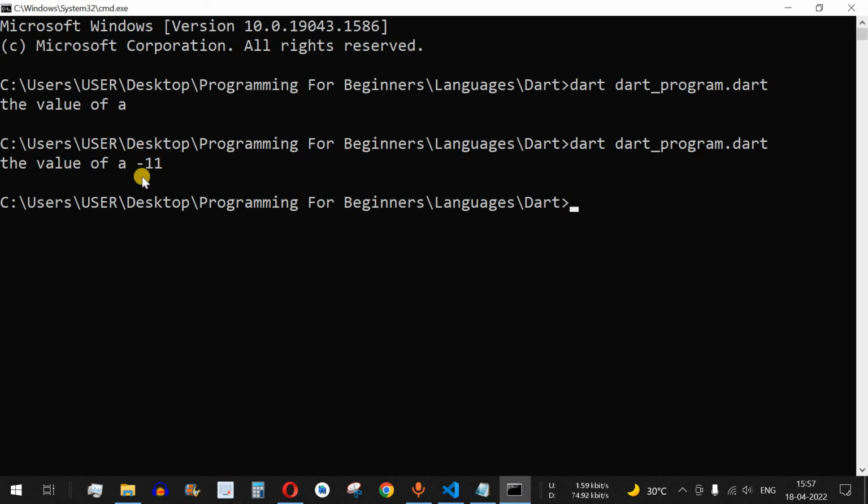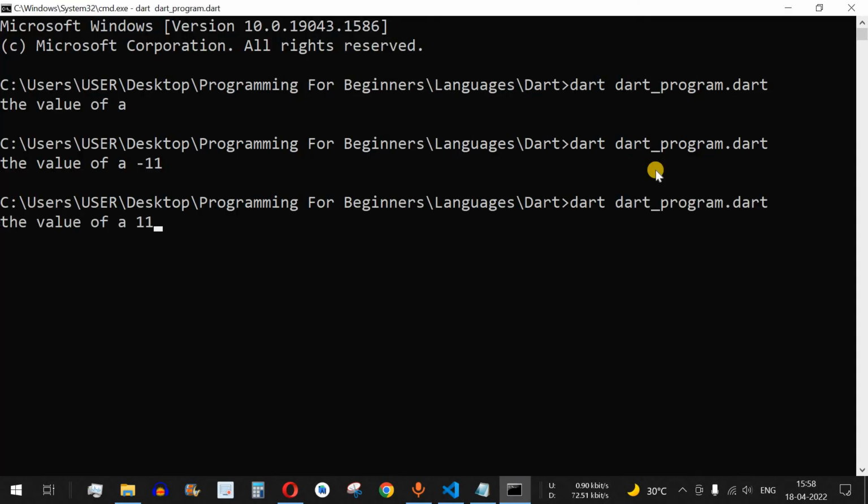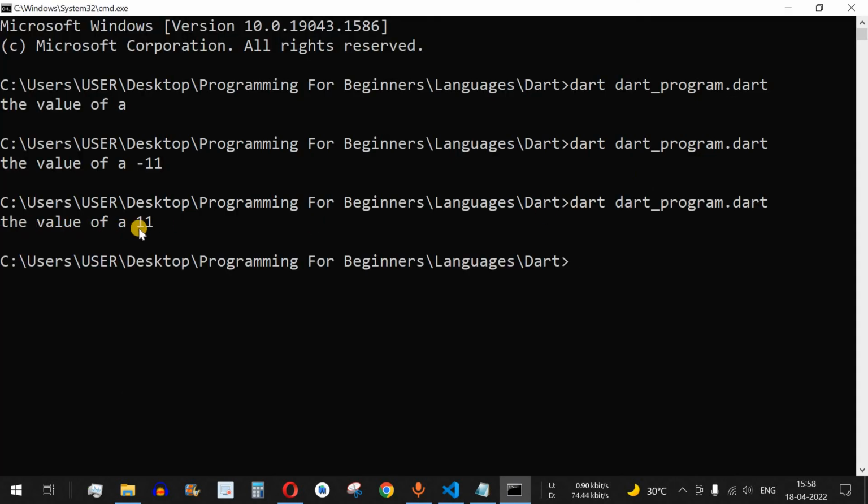So guys, in case you have negative numbers in any of the variables and you want to make it a positive number, you can use the absolute method. Let us check how you can use it. Inside the curly braces, you can use this a followed by dot abs and then open and close brackets. This is the way that you can use the methods, that is a dot followed by the method name. Let us save this file and try running this code. So as you can see, the value of a is 11.